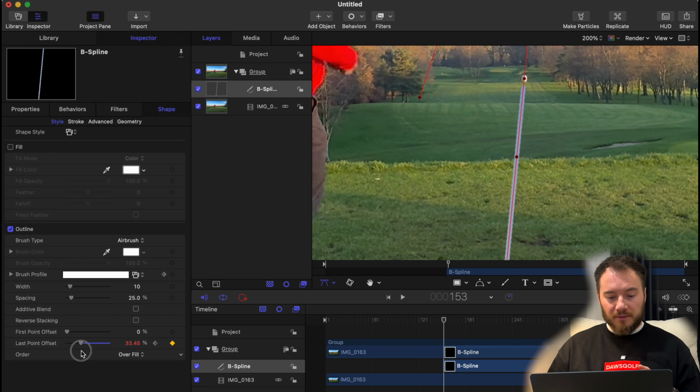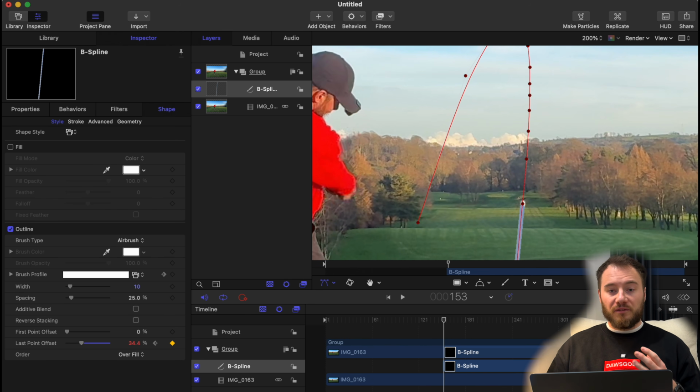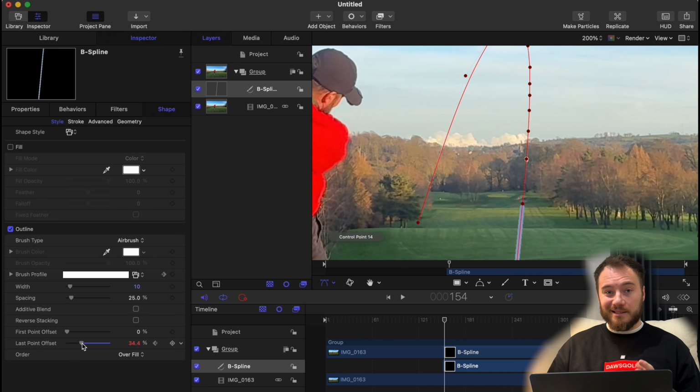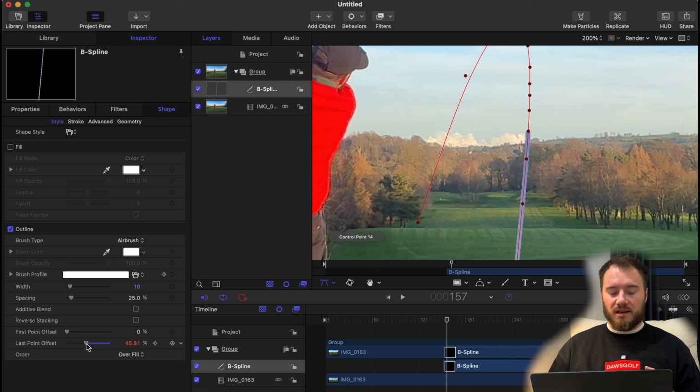We're going to adjust that last point offset percentage to follow the ball exactly, and you can be very precise with this for the first few frames, especially while you can clearly still see the ball in frame. That's how you get that real professional looking trajectory. It's a little bit of a tedious process. However, the results are worth it, in my opinion, at the end because it gives you a real good track